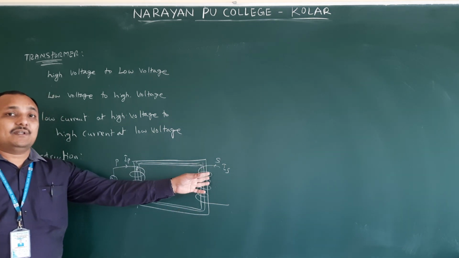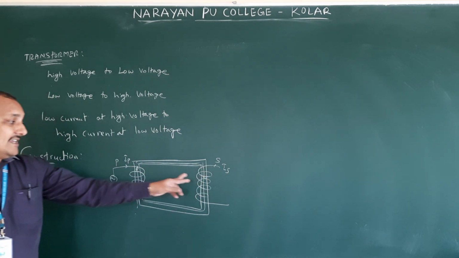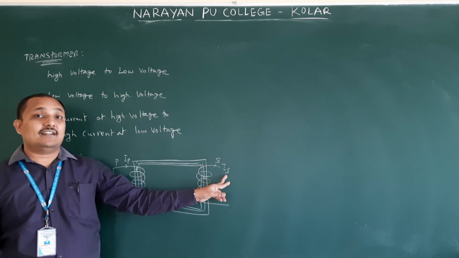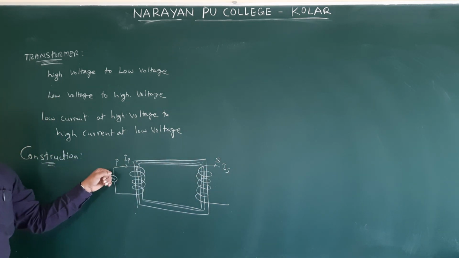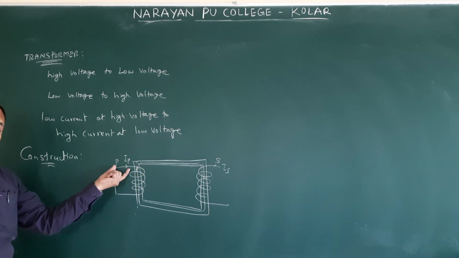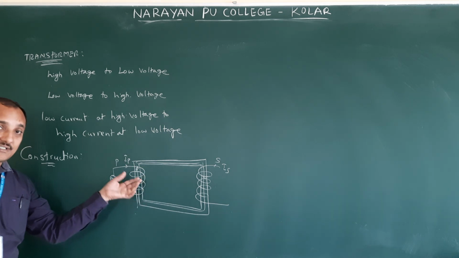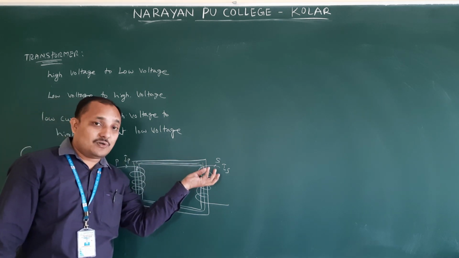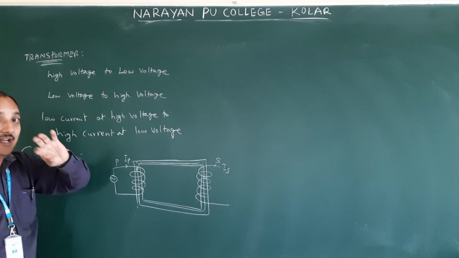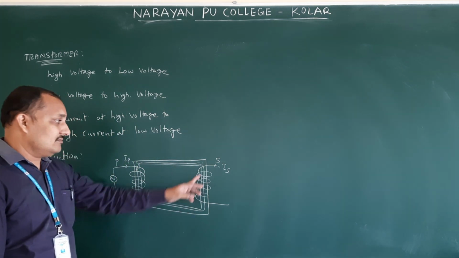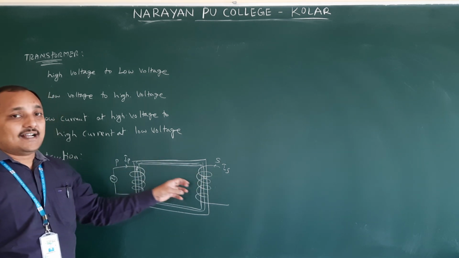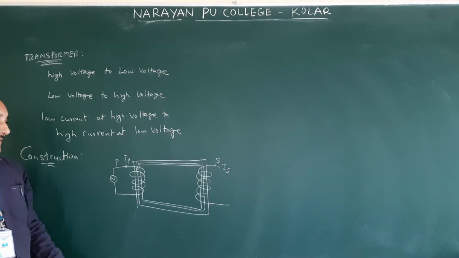The current developed in the secondary coil is the secondary current, IS, they will say. This IS is nothing but the induced current. This current came because of this. How it came: by producing current in the primary coil, we got magnetic flux. By transferring this magnetic flux to the secondary coil, as in EMI, by changing the magnetic flux in the coil, you get induced current. So this is the construction and working of a transformer.